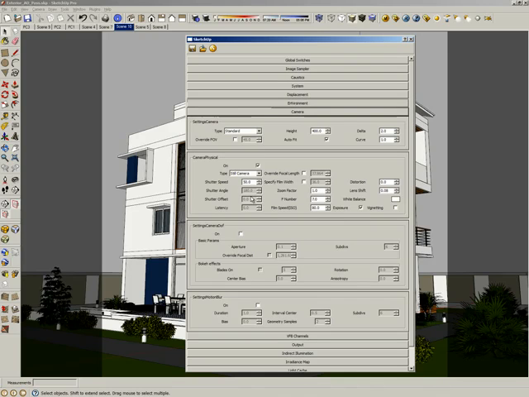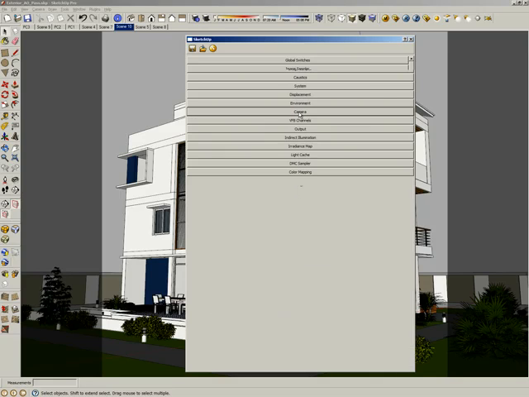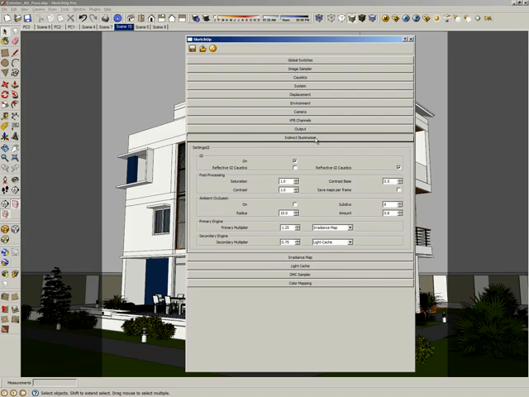Also, we don't want to use the physical camera to control our exposure anymore because we don't have the sun. So disable the exposure control. Now the physical camera will not control the exposure of your scene. And the last step is going to the indirect illumination and change the radius, enable the indirect illumination on the